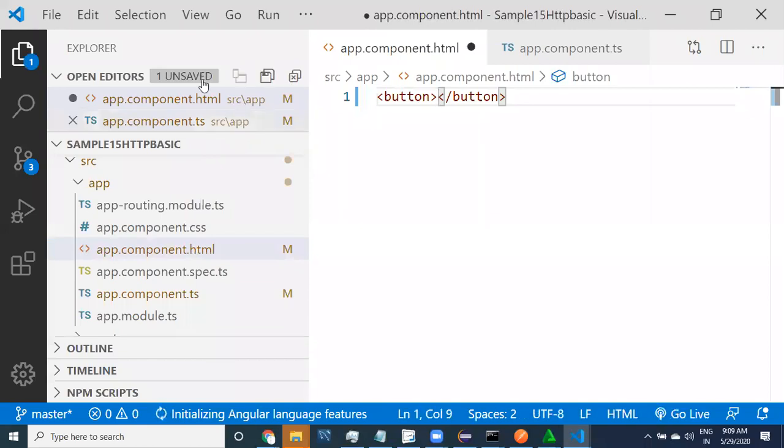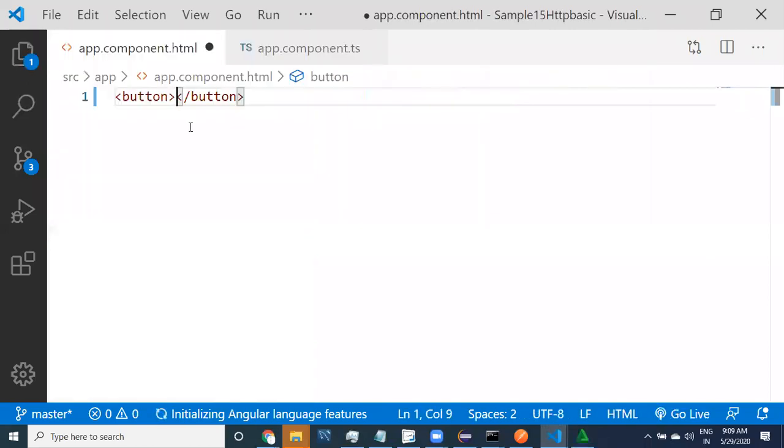I really want to take only one button, the get data button, with click.